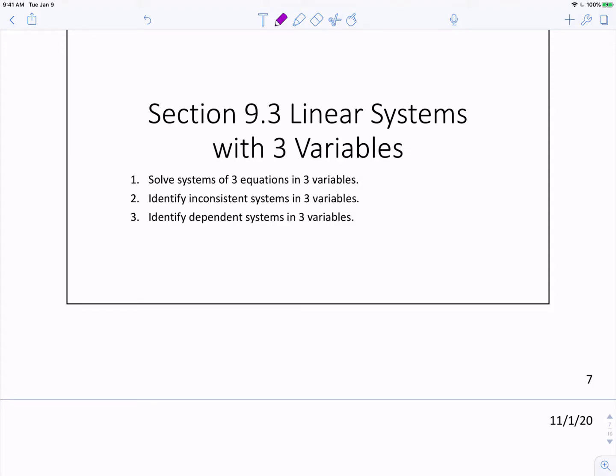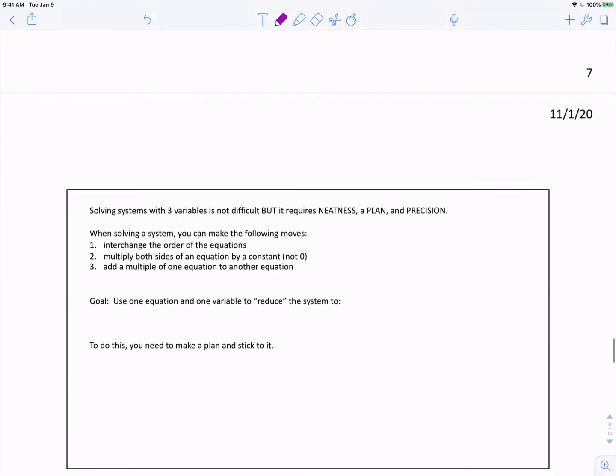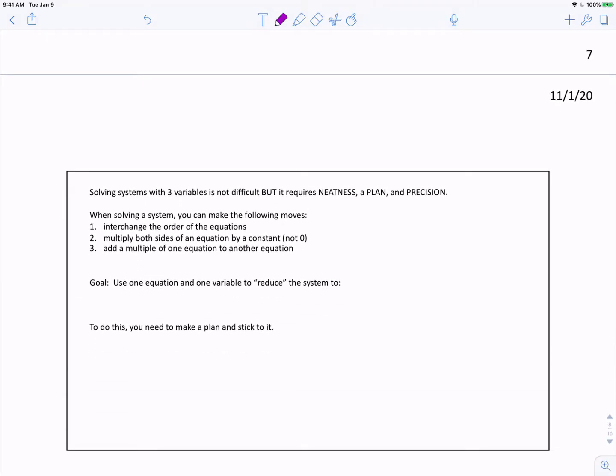Section 9.3, Linear Systems with 3 Variables. In this section, we'll solve systems of 3 equations with 3 variables, and we'll identify inconsistent and dependent systems with 3 variables. So solving a system with 3 variables is not difficult, but it requires 3 things: neatness, a plan,